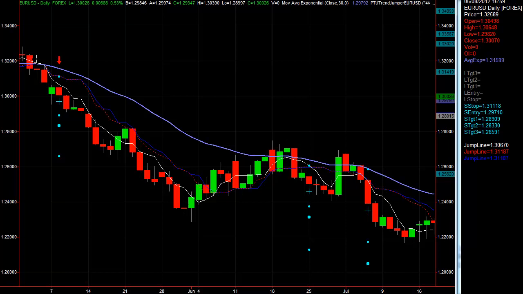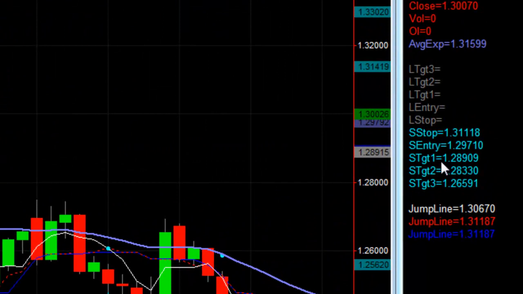The confirmation line crosses below, and even if you forget the rules, the calculator will know to show you the trade. It's below the jump line, so you know you're going short, and the entry is at 1.2971. Now, I'm typically going to adjust that below 70, and I'm going to put my entry at 2969. Okay, and that's